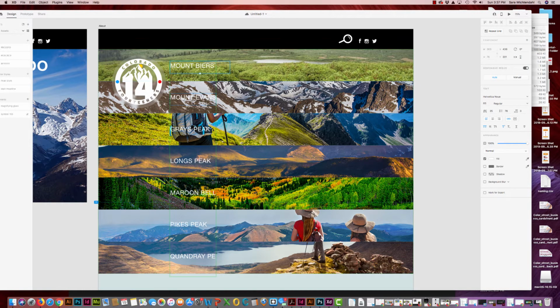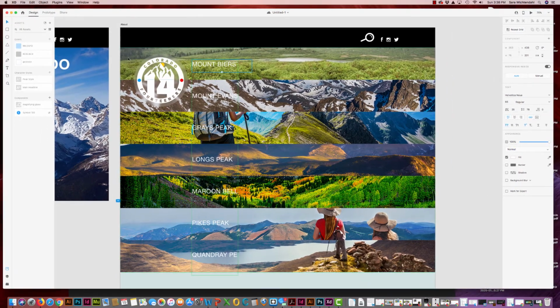So then my last step is just that because some of these don't all fit, I may need to go back and readjust this. Once I have these in, I may need to adjust my text box to go a little bit wider, like on Quandary. So I can go ahead and select these and adjust the width of that,